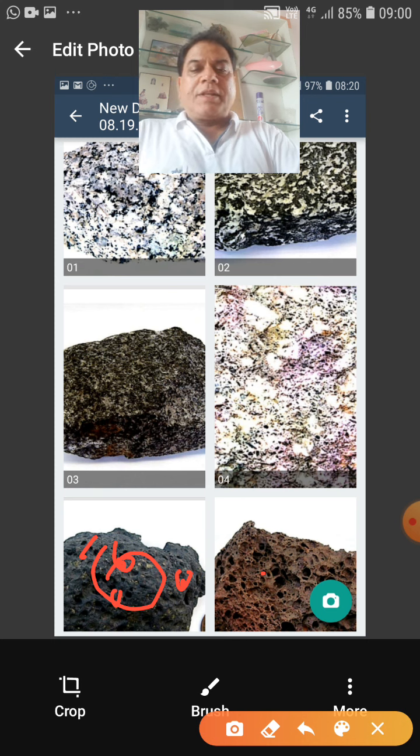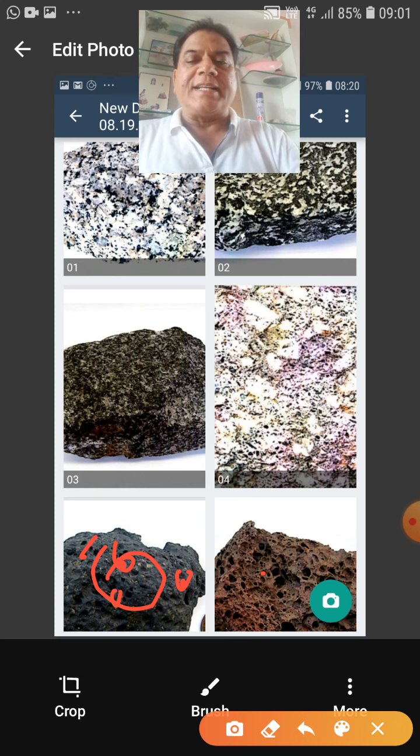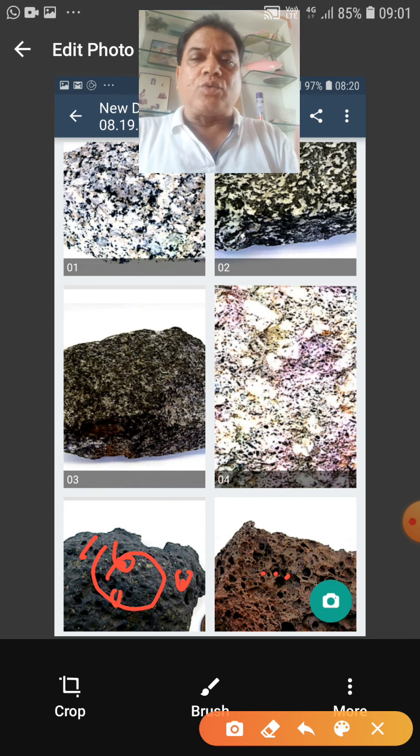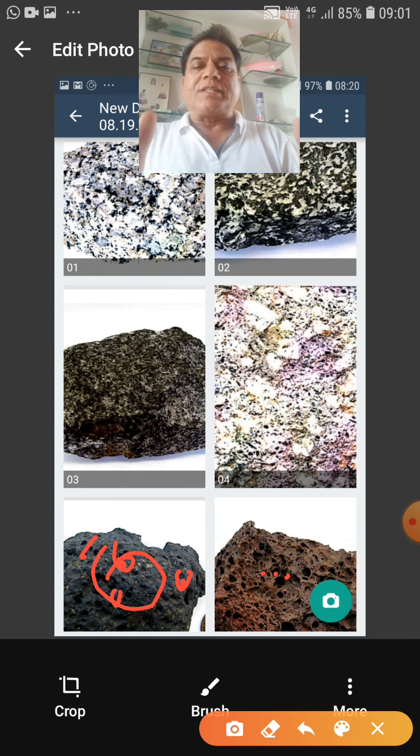Now this one is a very typical rock type, just to show a different specimen. These are the number of voids. This is your pumice. Pumice means it has very wide spaces, a rock which can float on water. So this has a number of voids, and due to this it has less specific gravity than water, and it floats on that. So these are the 6 samples today in this lecture, just to make things clear.